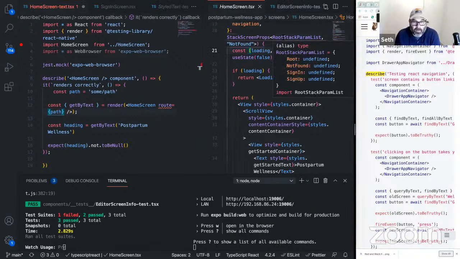Yeah, so not only are we in React Native, we're also in TypeScript, right? So it's another layer. If this was just a React test without any of that stuff, it would be a little different than what we're doing now. So we're having to jump through what is the React Native approach and then what is the TypeScript approach. Once you get used to that, though, it's fine, right? You'll understand how to test navigation and you'll understand TypeScript more. But coming in as a new developer, these are the problems you might have initially.